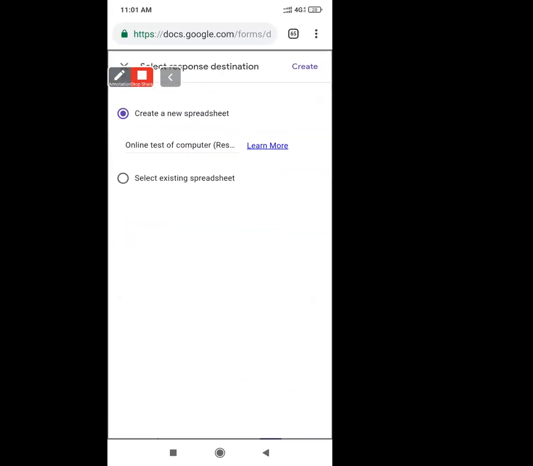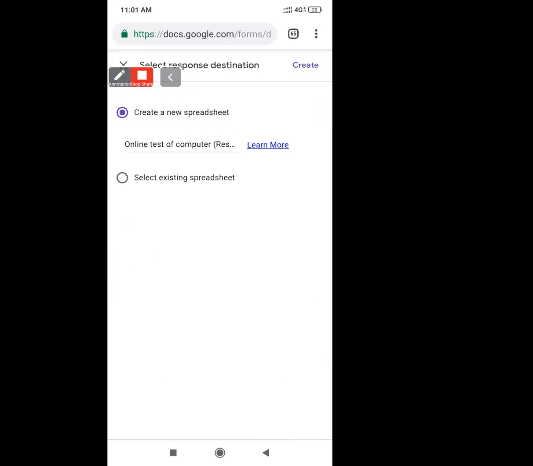If I click on this Excel option, a window will appear that will ask you to create a new spreadsheet or select an existing spreadsheet. If you have a spreadsheet of a previous Google form, then you can click on select existing spreadsheet, and if you want to create a new spreadsheet, you will click on the create a new spreadsheet option.